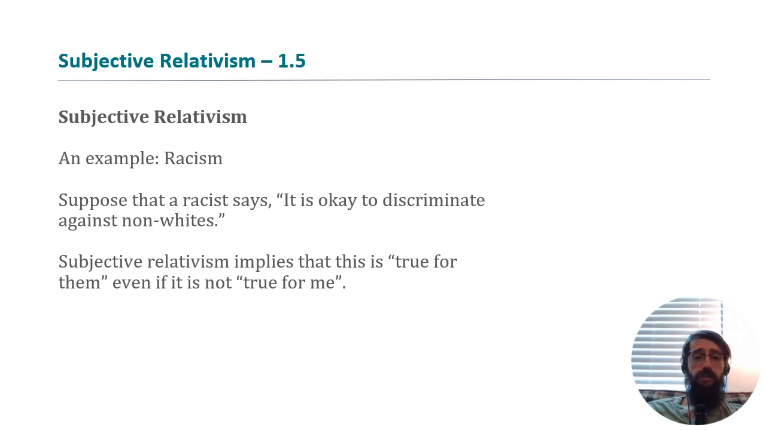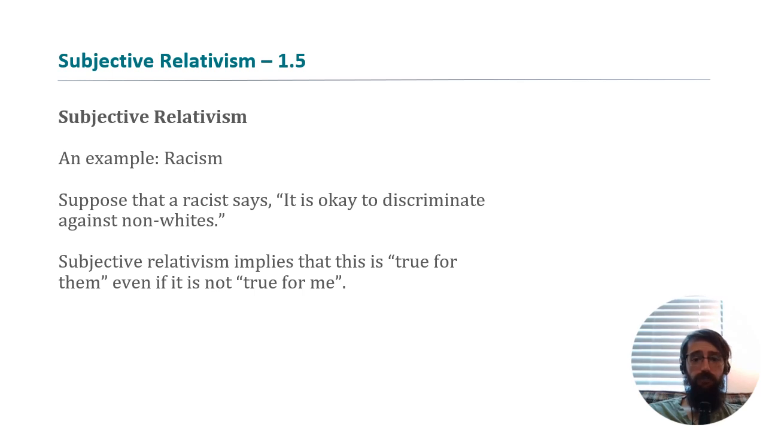Here's another example to consider. Suppose that a racist says it's okay to discriminate against non-whites. Maybe this racist even wants a society where whites are privileged and all non-whites are discriminated against. They think that that's like the just or ideal society. All right, so that's a moral view, right? To think that it's okay to discriminate against non-whites. That's a certain kind of moral belief. And according to subjective relativism,